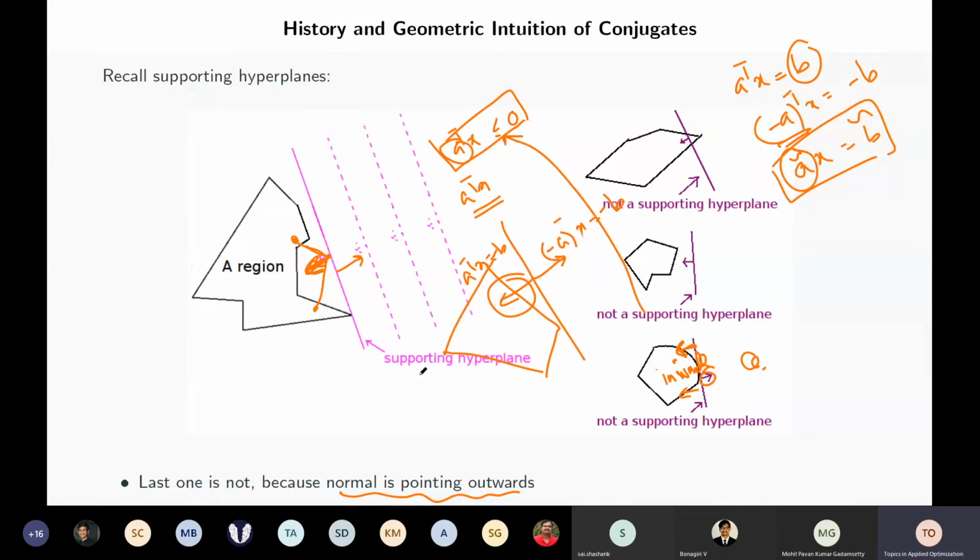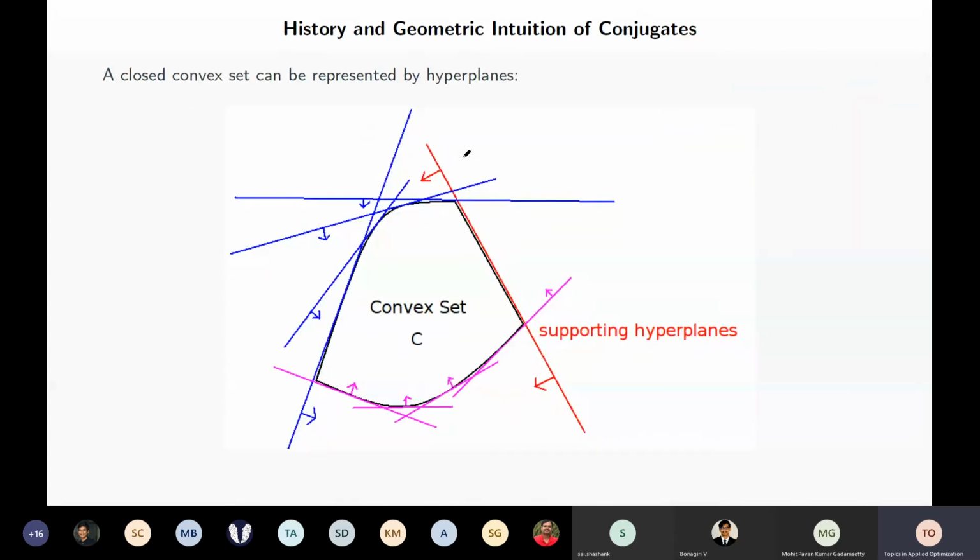Okay, I mean this would have been a supporting hyperplane if you had redefined your normal in a way that it points inwards, not outwards. Okay, this is a convention thing. Although the plane is the same, the way the normal is pointing in your plane matters for the inequality to correctly satisfy. Okay, so what we know is, we have not done this proof, but what we know